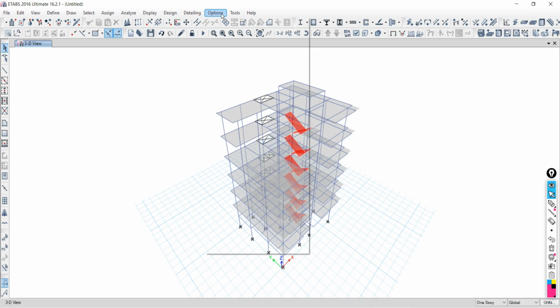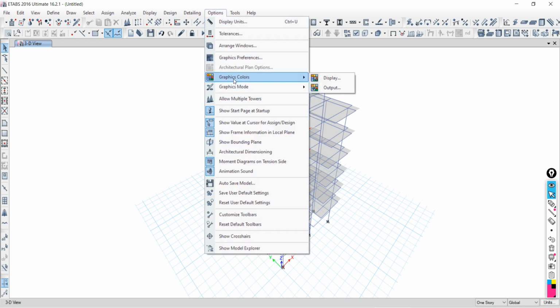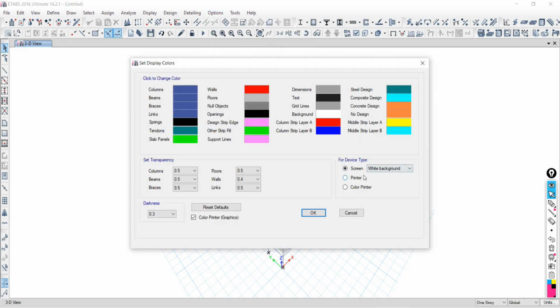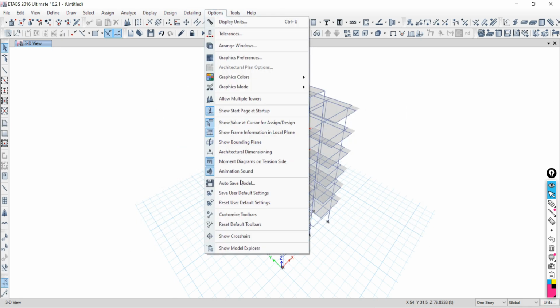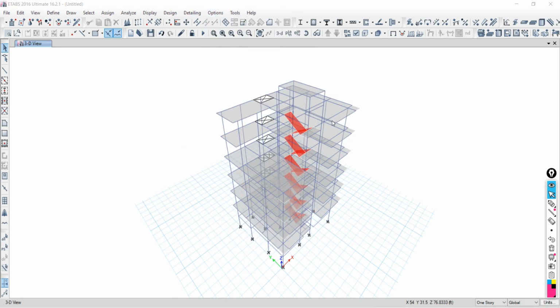Again, go to Option. What another thing is there? Try to understand. Go to Graphic, go to Display. Okay, Printer. So what does printer mean?